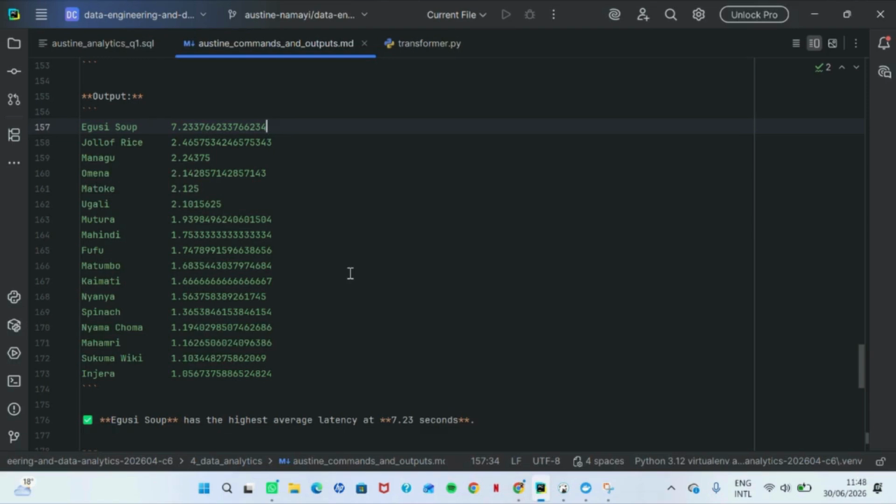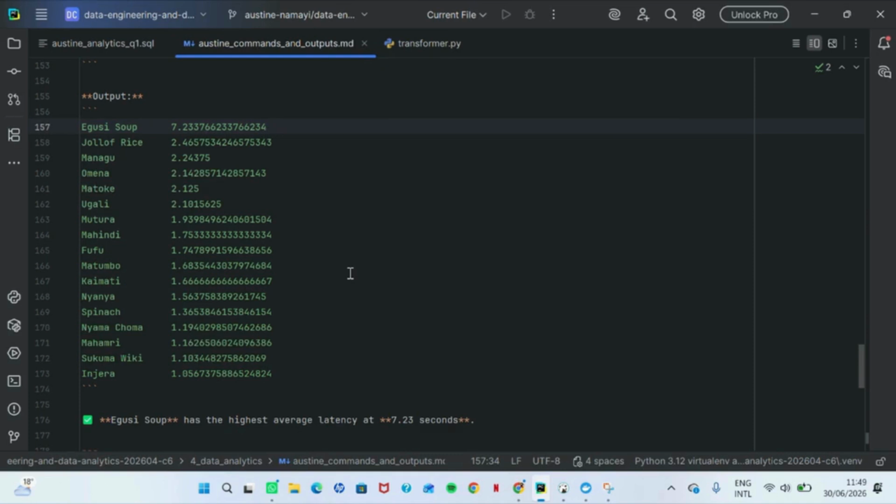And the possible explanation for this is that it probably has very few orders. And because of that, a couple of them may have been processed during the pipeline's slow startup period, which pulled